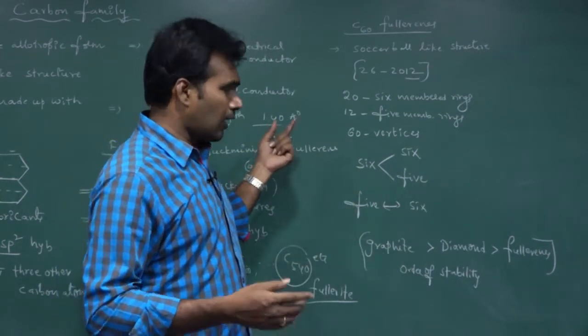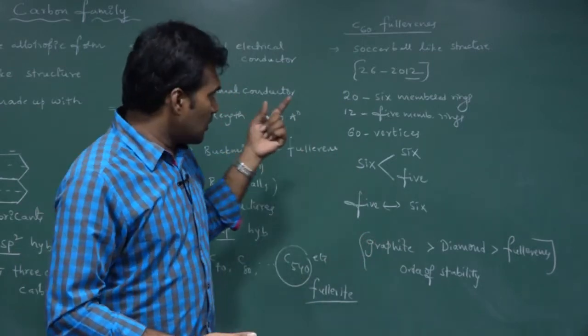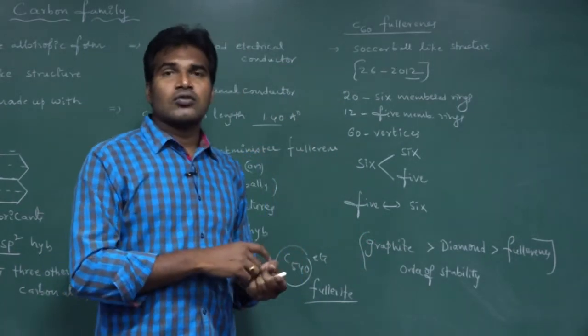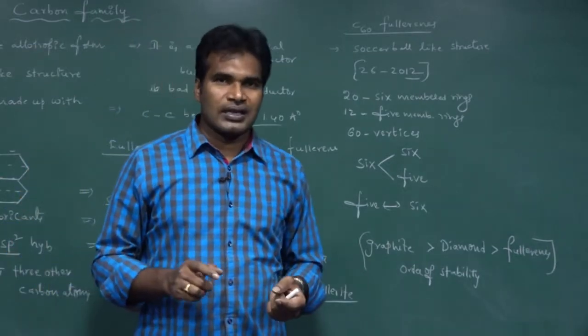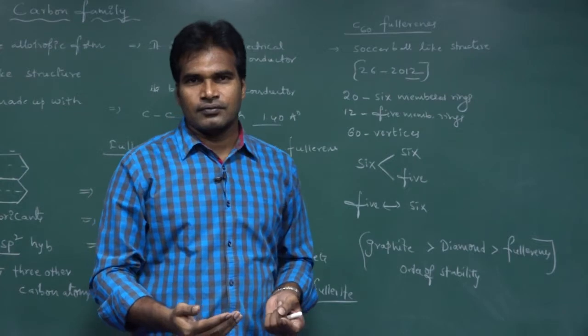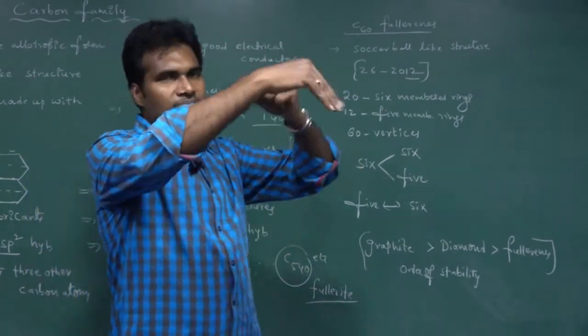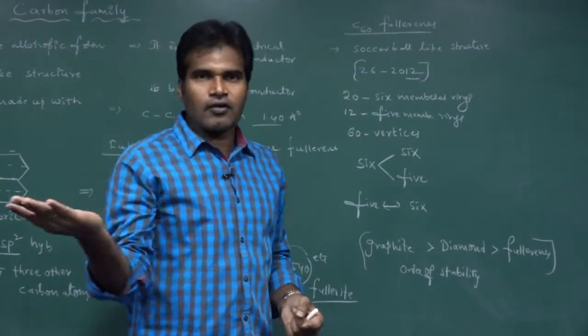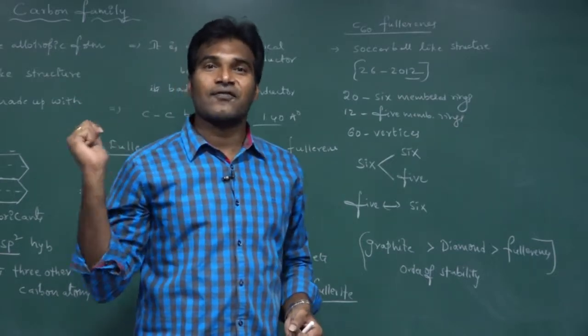So many as a catalyst also. Okay, this is about the carbon nanotubes. And one more thing, graphenes. Graphenes are nothing but simply a sheet of graphene. As we know, graphite is nothing but layer by layer. So if you take one layer of graphite, that is what we call a graphene.